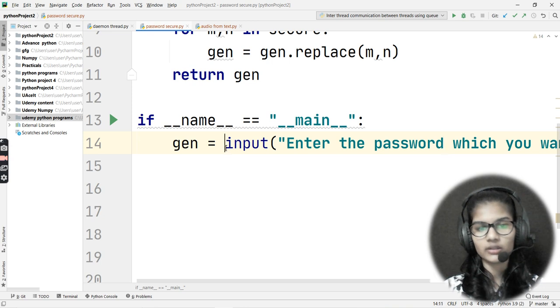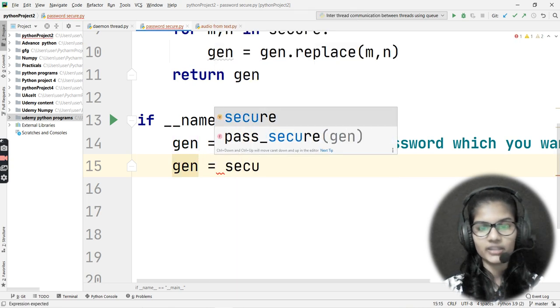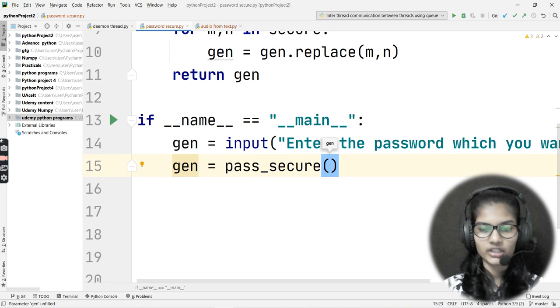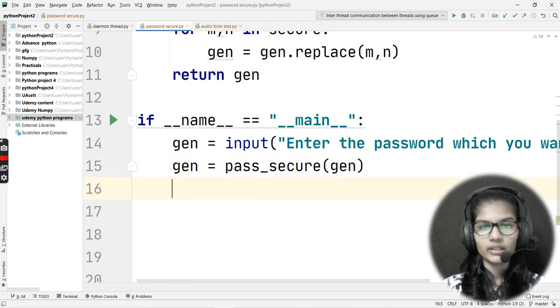So it's better to take it out as a string, because numbers can be treated as a string, but a string cannot be treated as a number, right? So in that case I just took the string here as a common data type. Okay, I would use gen is equal to, now my function calling will take place here, that is pass_secure, right? And inside that I'll be passing that parameter in which I have taken the input from